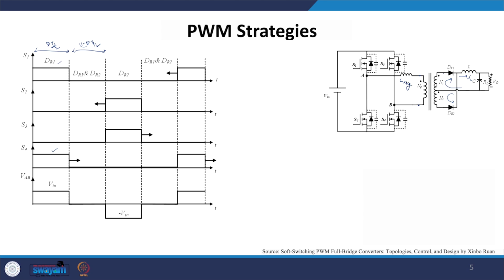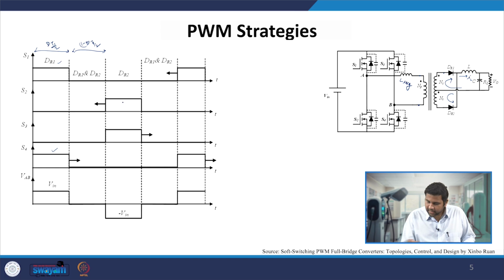So now what happens is that, since in (1 minus D)Ts by 2 period S1 and S4 turn off, and S2 and S3 were already off, and then only after Ts by 2 period the S2 and S3 turn on. So during that time the voltage across AB will be, when your S1 and S4 are on, V in, and when S2 and S3 are on, minus V in,